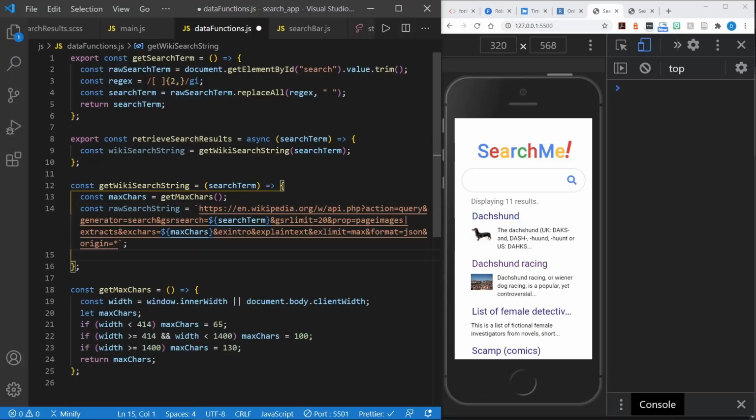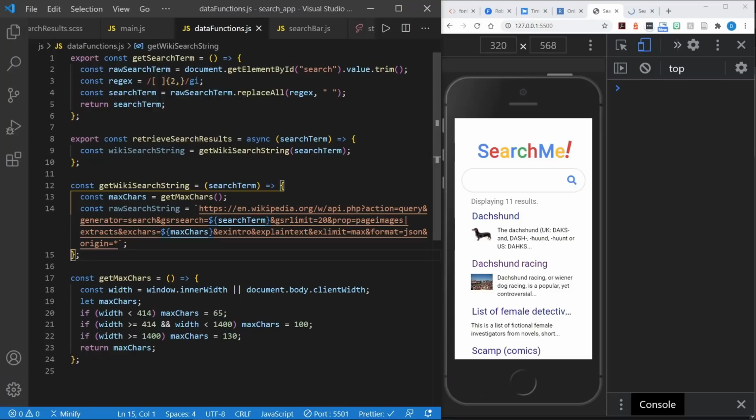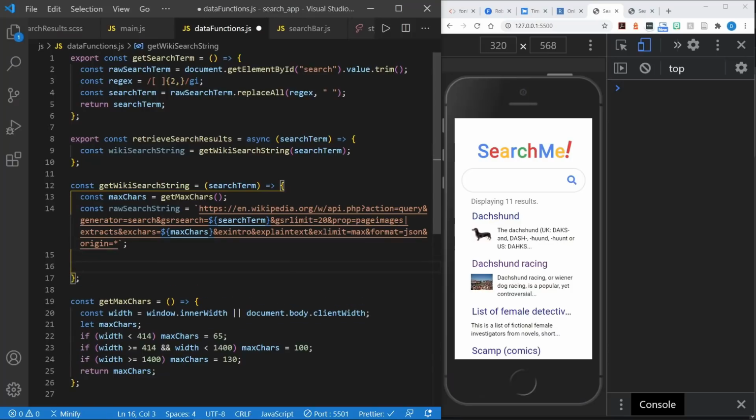Let me go ahead and tell the code to wrap. That is a rather long string that we are passing to the API. The Wikipedia API is not the easiest one I've ever seen to work with. However, I am going to provide links in the description below this video where you can dive in and look